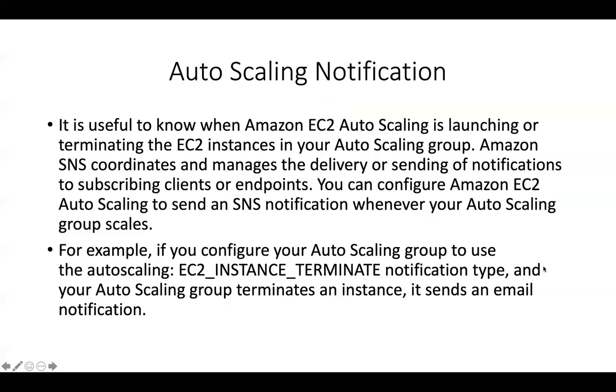Okay, so the next thing that we will look at is regarding notifications, because if you are a system administrator, you would generally like to get some notifications, right? Suppose an auto scaling group is launching a new instance into your group, or terminating an instance in your auto scaling group, or an instance fails to launch, or an instance fails to terminate. Based on these four events, which are instance launching, instance terminating, instance fails to launch, and instance fails to terminate, you can get SNS notifications.